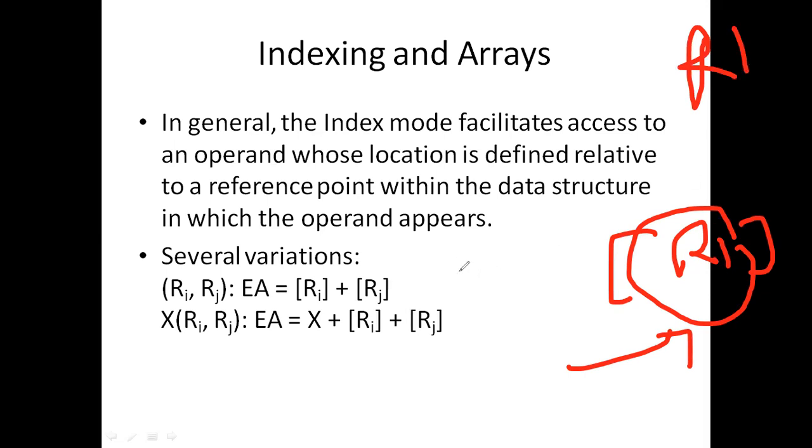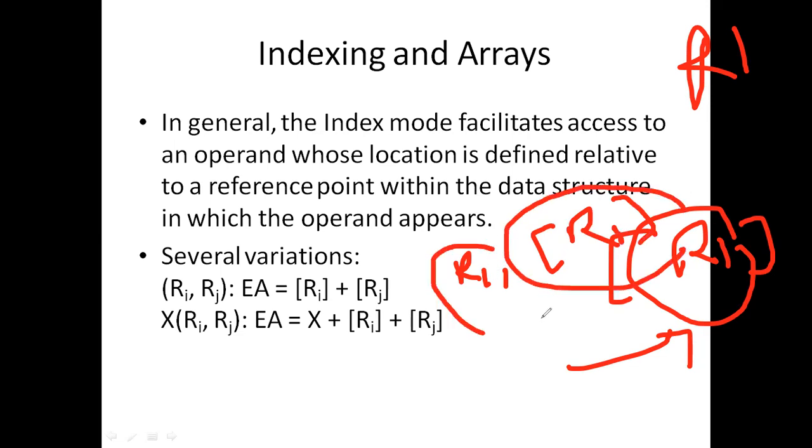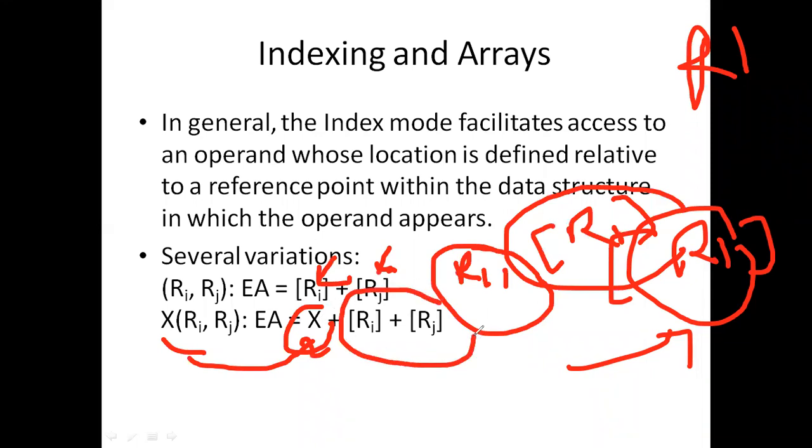Okay? I explained the difference between these two in the previous class. What is the difference between writing like this or writing like this? Yes or no? Why are you silent? Have you forgotten this? Yes, sir. You know, right? So here, for the effective address, we are just adding the values in Ri and Rj. But when I write like this, it means this X should be added to this, and this is acting as an index, and then the values that we have here in Ri and Rj.